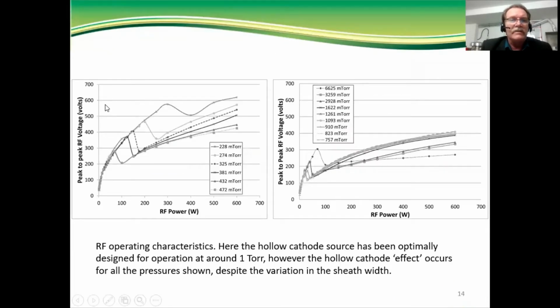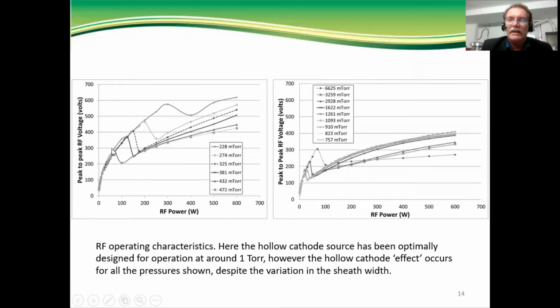And this is showing some of the RF characteristics of a hollow cathode plasma source. This particular plasma source was optimized to operate at 1 torr. But you can see here we're showing characteristics over quite a wide range of pressures, from 228 millitorr to 6,625 millitorr. And going up in RF power, initially what you see is an increase in the peak-to-peak voltage,